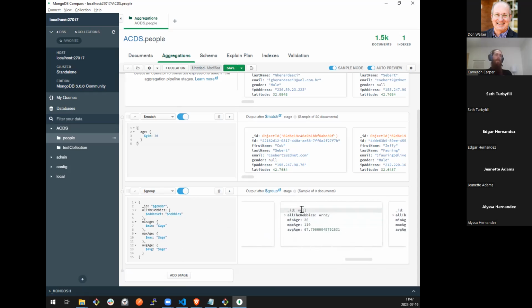We do have some null, a minimum age of 30 and a max of 110, and so on. So that is a quick and dirty match, filter, group, generate new fields, and apply stuff to it.